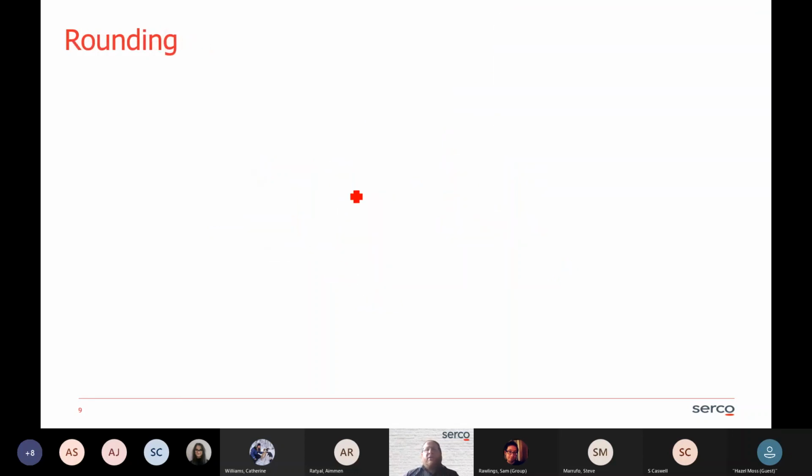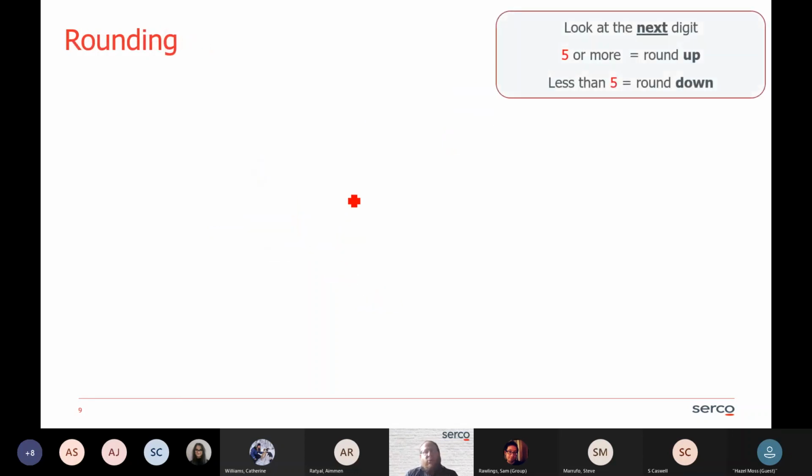So if we're looking at rounding whole numbers, which I want to do first, one of the things that you probably know already is that you look at the next digit. And if the next digit is 5 or more, you round up, and if it's less than 5, you round down. I'll show you what we mean by that. So let's take our main number, and I've got rid of the decimal points for now. So our number was